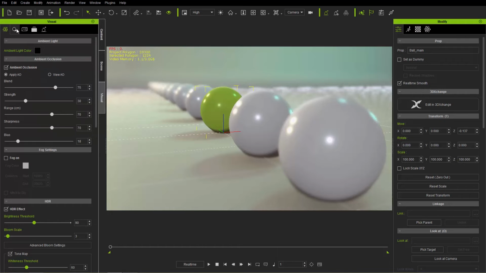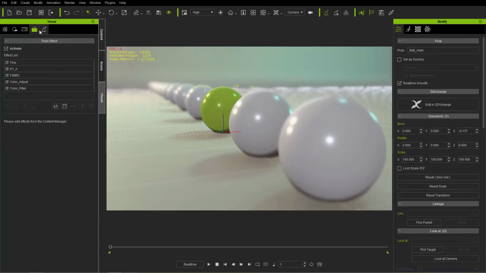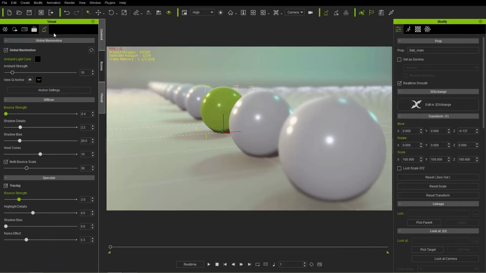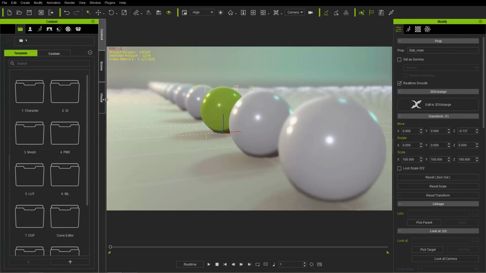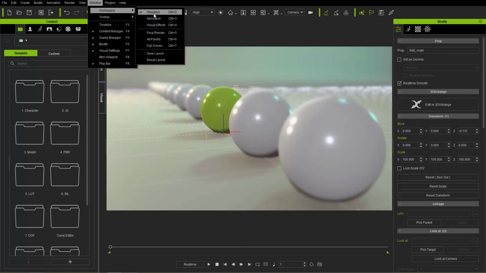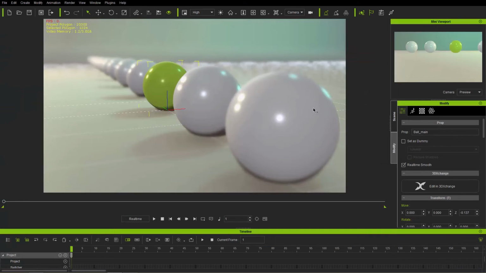And the Visual section, which is your lighting, your shadows, your Toon Shader, your post effects, and global illumination. Okay, and we talk about that in other tutorials as well. These are the three main ones that you'll be working with, though. So if you have your standard workspace enabled, you'll have those. You can also go to your animation workspace. If you're focusing on animating something, it won't really have those because we're focusing on animation.